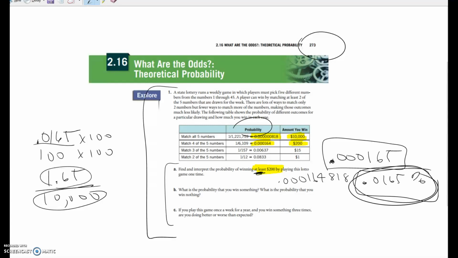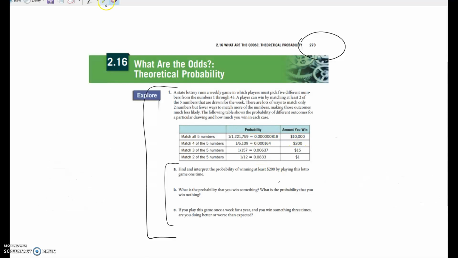Or if you want to pause it again and give it another try after that, go for it. Okay, so the next question is, what's the probability that you just win something? So I'm okay just winning something here. So if I win $1, I'm happy. If I win 10,000, so again, I'm going to add up all those probabilities. Okay. And when I do that,